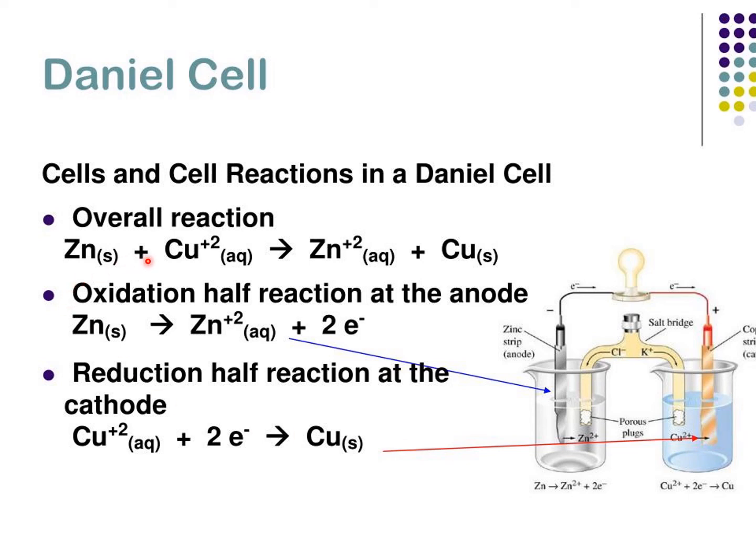So the net overall reaction for the Daniell cell we can write as Zn(s) plus Cu2+ ions from the aqueous solution gives Zn2+ ions in aqueous solution plus Cu(s), that is, neutral copper atoms get deposited at the copper cathode. And the EMF of this Daniell cell due to these reactions is 1.1 volt. So here we end this chapter.